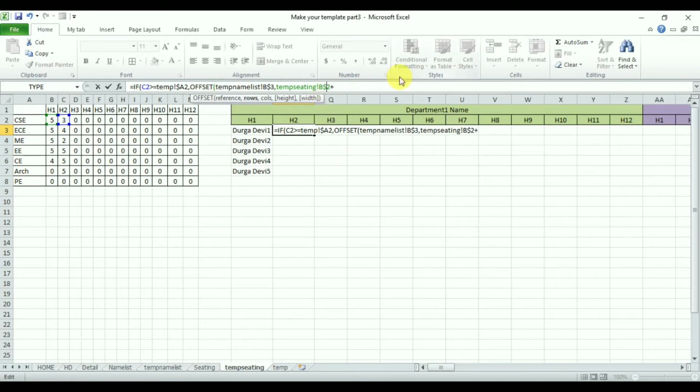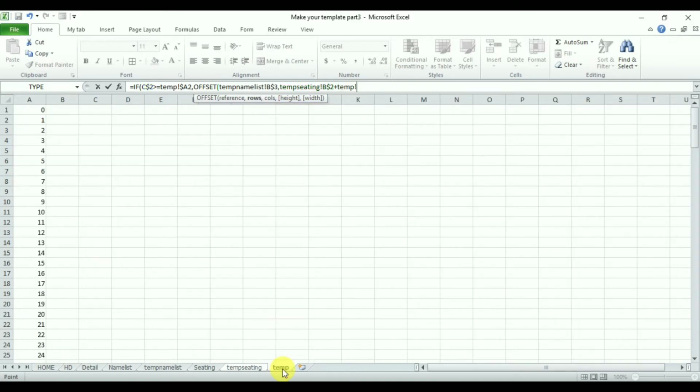I am giving the dollar symbol to fix the reference so that it does not change when I copy it from one cell to another. The C2 value is also fixed, so enter the dollar symbol there too. Plus there is a small adjustment, you will understand it later: Temp A1, that is the value 0. When you drag it down, it will change from A1, A2, A3 and so on, so I want to fix the reference for that also. Comma, columns is 0, and height enter as 1,